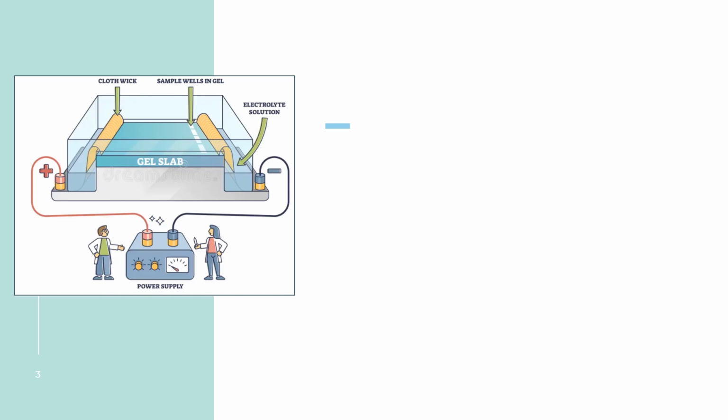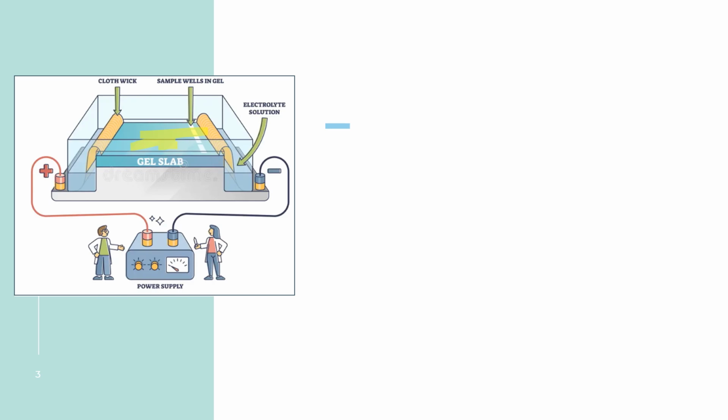So this is like the complete setup of agarose gel electrophoresis. Here you can see the gel is already placed. Here this one is the gel that we have placed. Now what we have done, we have solidified the gel. We take it out from that glass slide and we put it here, okay, in this container.